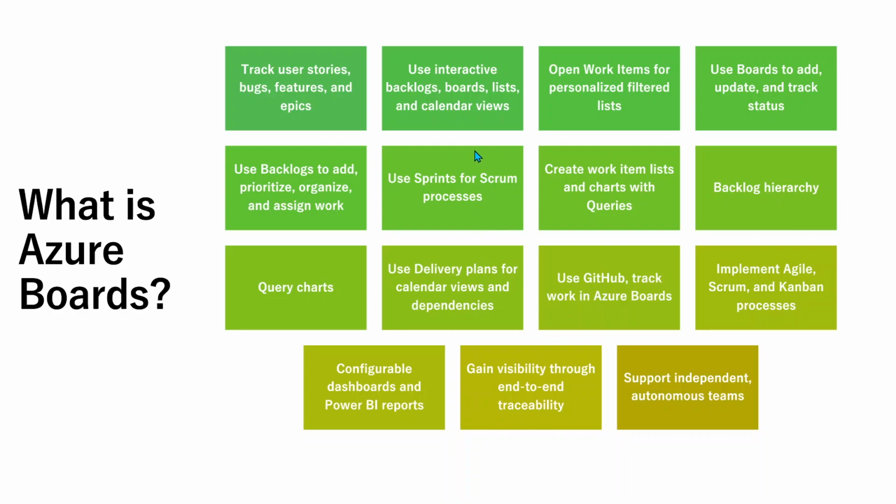Next one is use sprints for the Scrum process. Okay, so if you're already in the agile world, you already know what a sprint is and when and where we use a sprint. Okay, so we have a sprint option in Azure Boards. You can use the sprint hub to access a team's filtered view of work items based on a specific iteration path or a sprint. From the backlog you can assign work to an iteration path by using drag and drop. All you can do is open your backlog, drag and drop that work item to the current sprint that you are working on, and people will know what are the active work items that you are going to work on